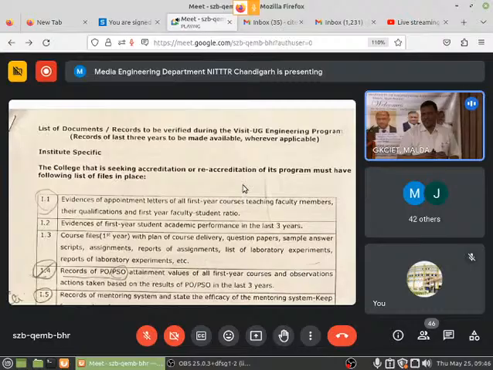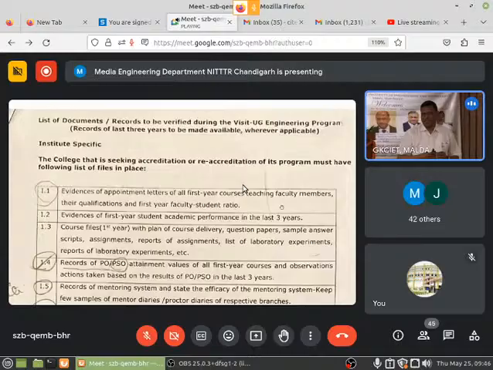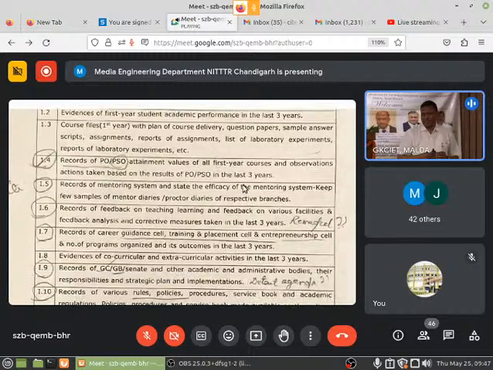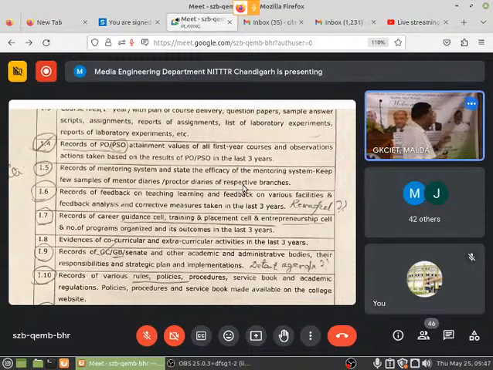If you see here, this is the same. You will not find a lot of difference here. You will find the Board of Governors things. Kamal, move it up a little. This I1 file, I2, I3, I4 up to I15 are institutional files, and they are verified by the concerned chairman of the visiting team.